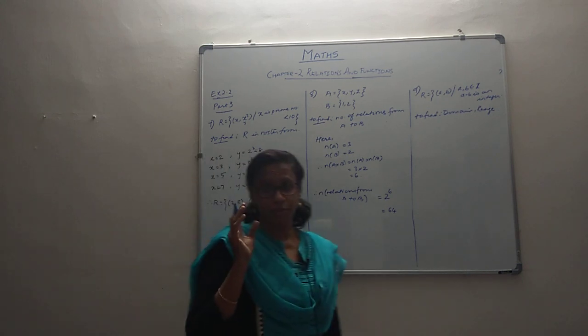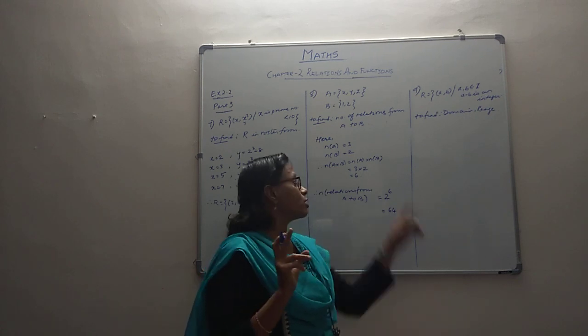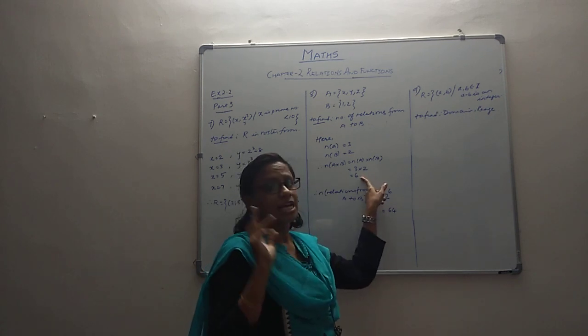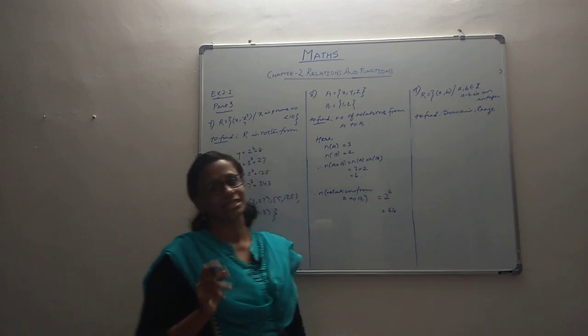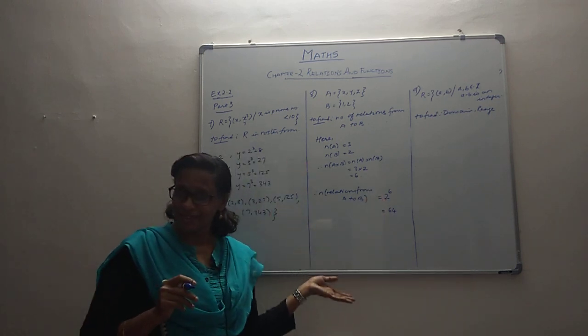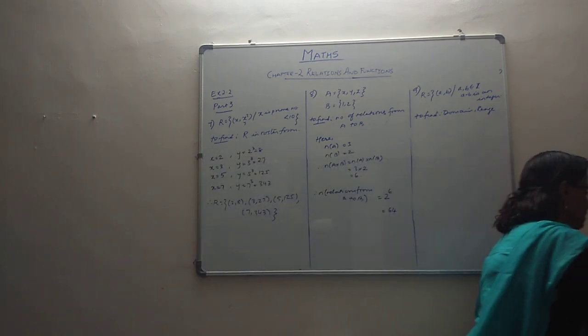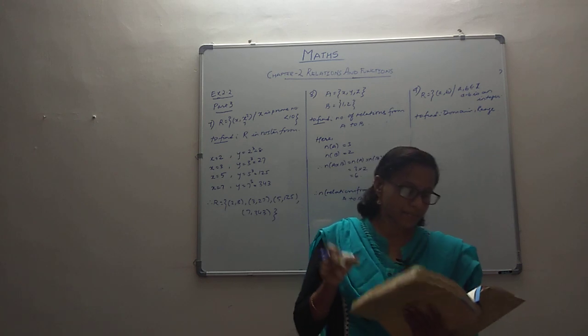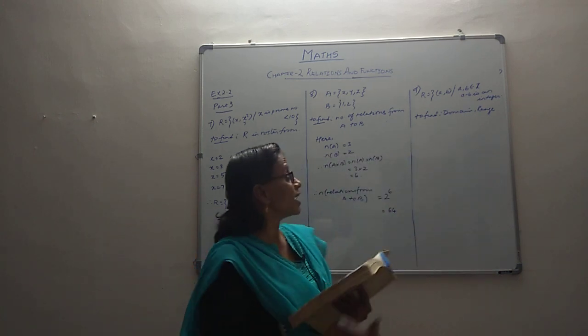We know that the number of subsets of a given set is always 2 raised to n. Because this set has got 6 elements, the number of subsets that it will have will be 2 raised to 6, and that's how it becomes 64. So that is the way we go about doing this. Then we can come to the last question of this exercise, which says: let R be a relation on Z, on your set of integers, which is defined as follows.